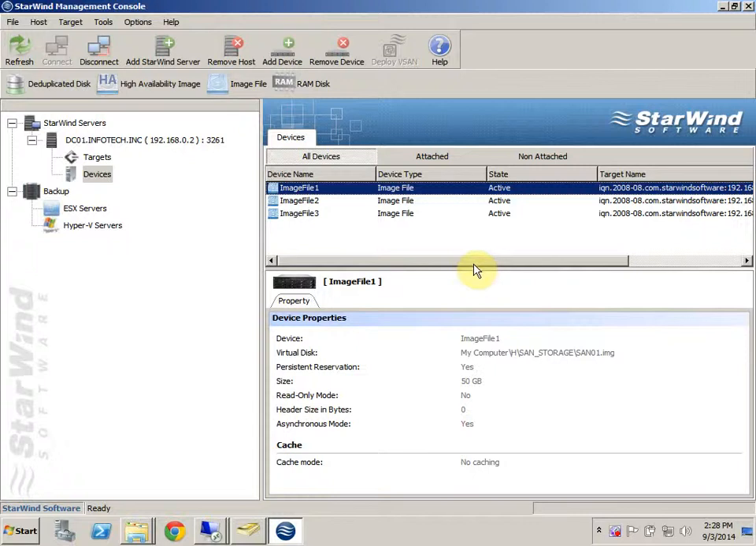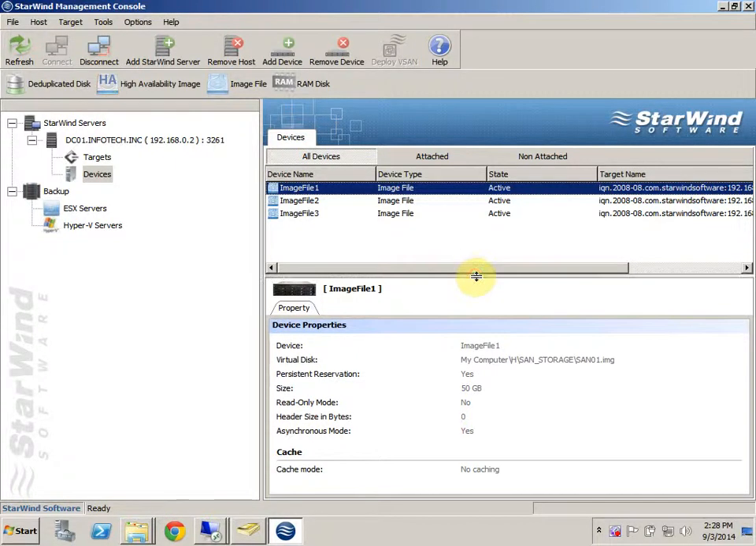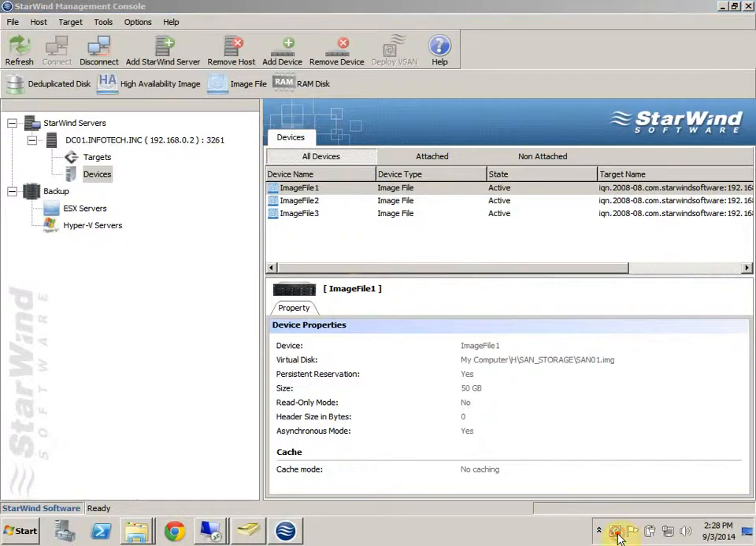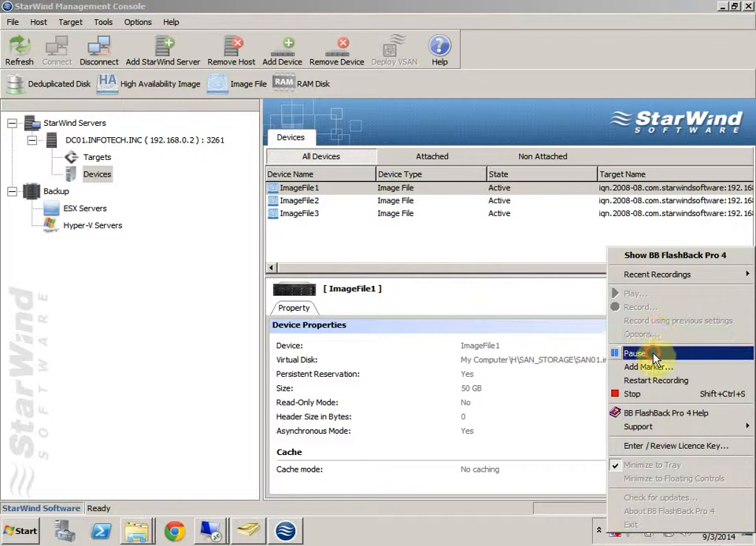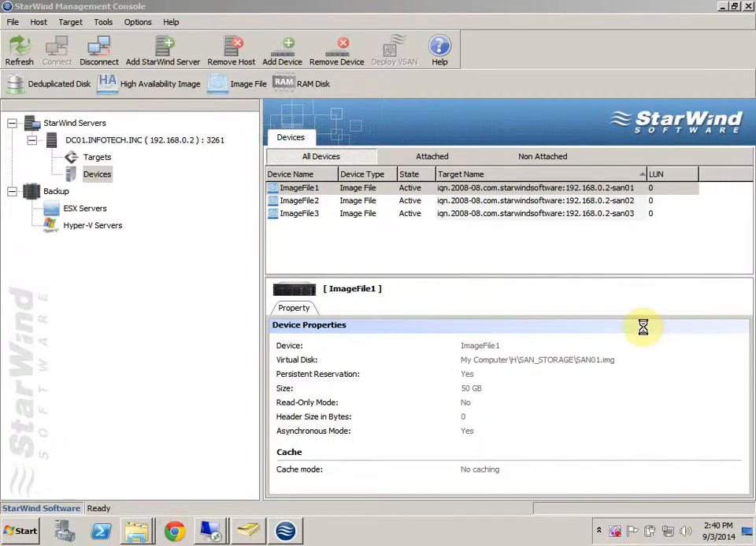So now I have three storage for SAN, but I didn't create the SAN yet because SAN is not complete yet. But I just allocate a memory for SAN. I create three storage for SAN. Okay, so storage